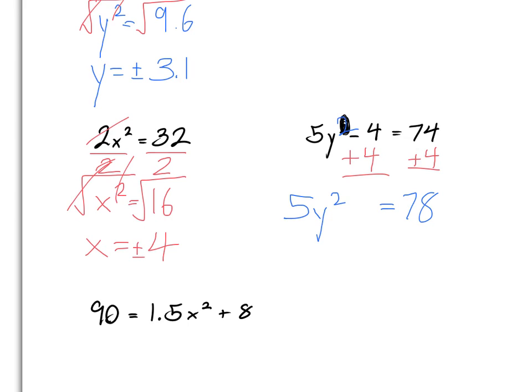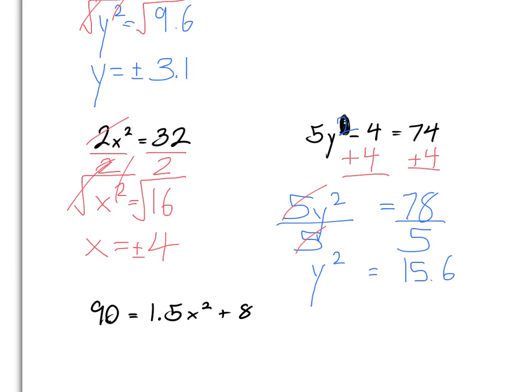Well, now we're kind of back to what we just saw. Always get rid of the addition or subtraction first because it's the reverse of the order of operations. That's what algebra is. So therefore we have to go backwards through the order of operations, which means we use addition and subtraction first. And in this case we added 4 first. So let's continue. We divide both sides by 5. Remember, you take the square root last, so we get rid of those 5's, and we're left with y squared is equal to 78 divided by 5,